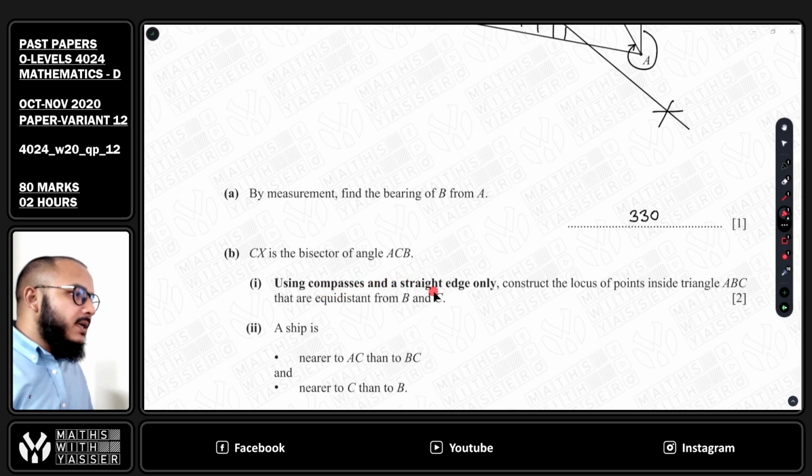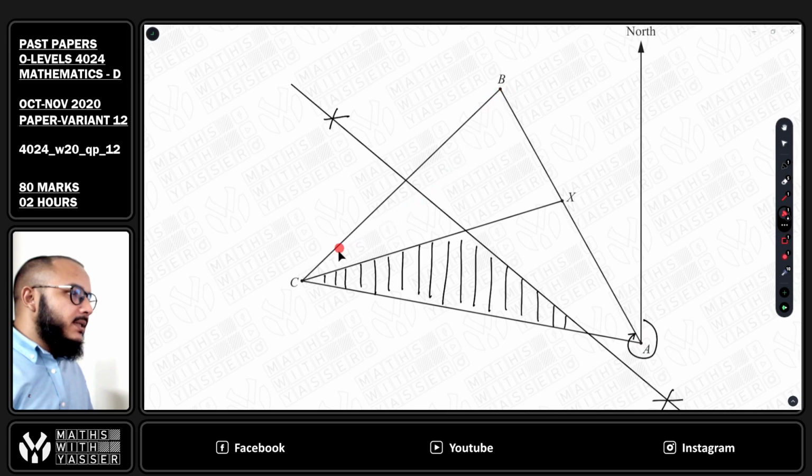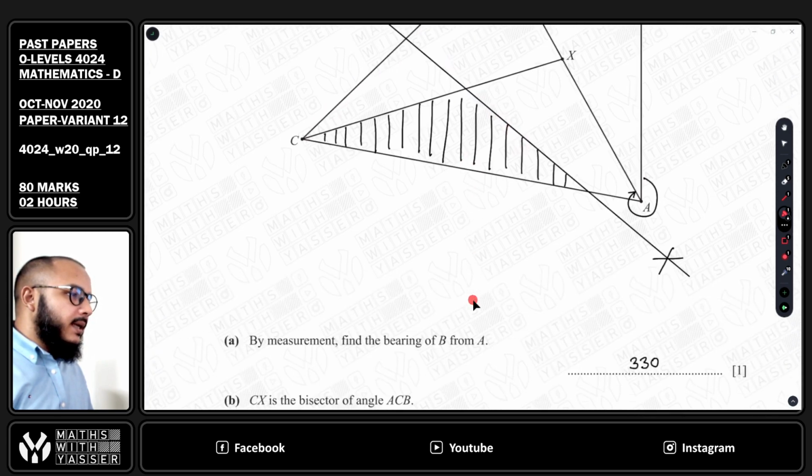Using compasses and a straight edge only, construct the locus of points inside triangle ABC that are equidistant from B and C. So equidistant from B and C means that we need to draw a perpendicular bisector from these 2 points. So when we draw a perpendicular bisector, the line would look something like this. And then